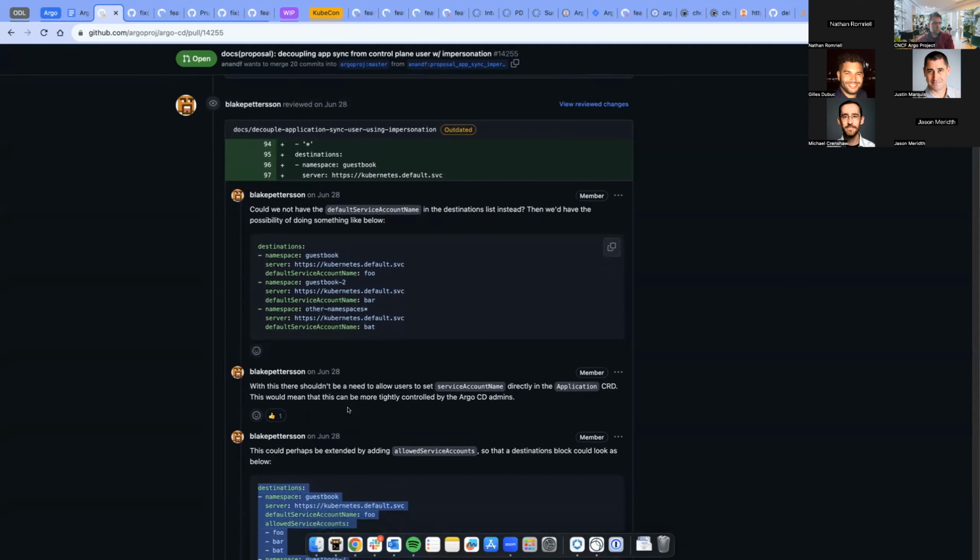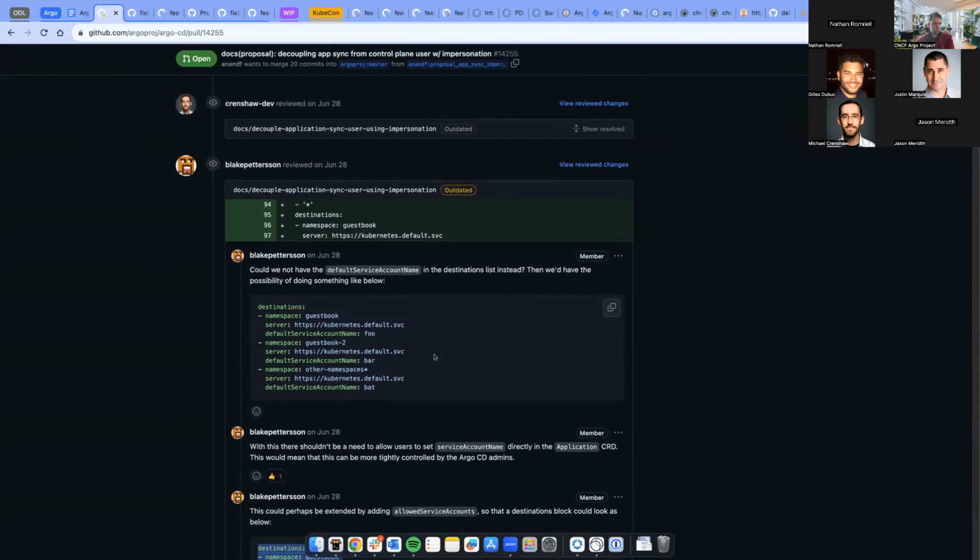Right, Blake's, yeah. I think pulling it out into another field makes the most sense. It does mean duplication, like you are going to have places where now we get namespace in the server, maybe they're globs, maybe they're not, in some other field, but I think the duplication is worth it.